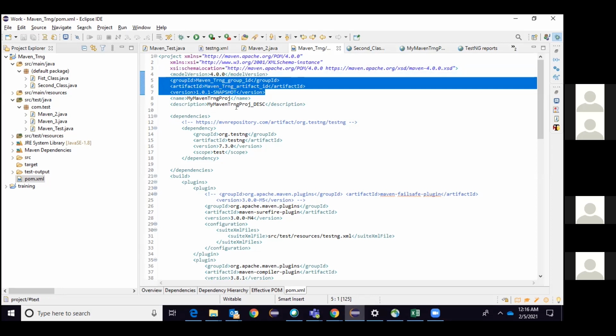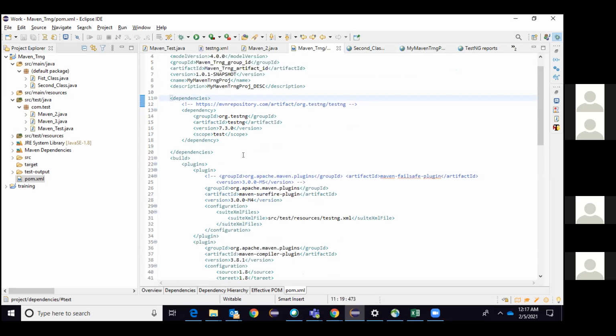And the name and description, everyone knows about that. That's a normal name and description you have given. Now, coming to the point, the next line is dependencies. Dependencies means, basically you guys know about Maven. What is Maven and what exactly does it do, right? Basically, I will put one simple example.